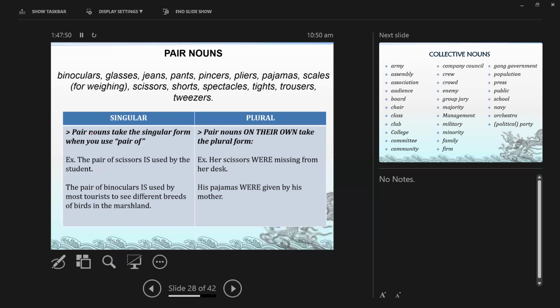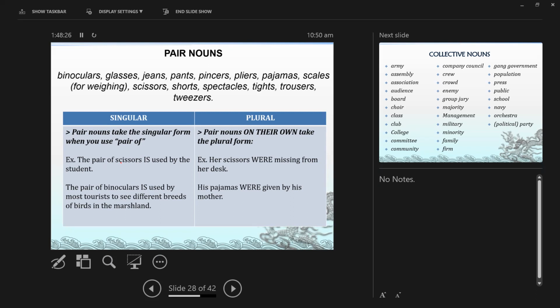Paano naman kung pairs? She bought 3 pairs of shoes. Okay, she bought 3 pairs of shoes. We're talking about 3 pairs of shoes. The 3 pairs of shoes are from Nike. Are. Kasi pairs. Okay? Pero pag isang pair lang is singular. Singular verb. Okay? You get it?